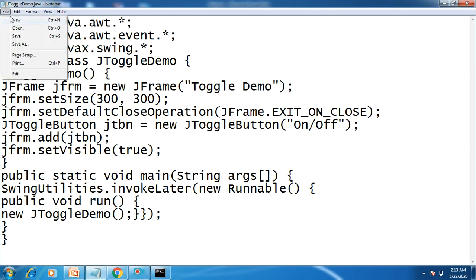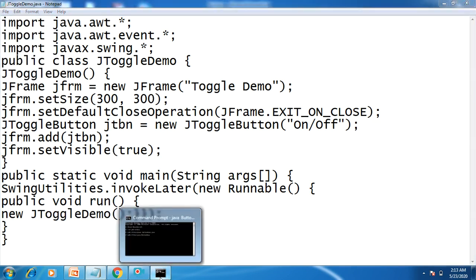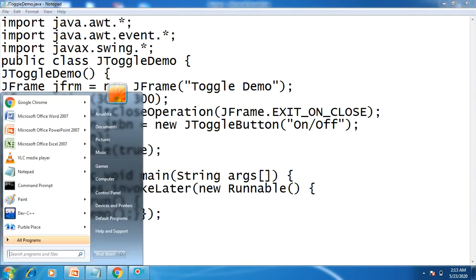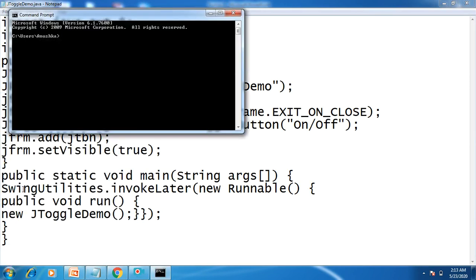Remember, save it and run this. So this is cd jdk14/bin, javac, the name of the program is JToggleDemo.java.